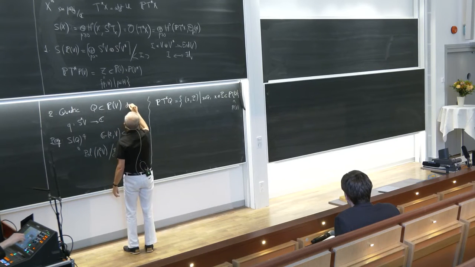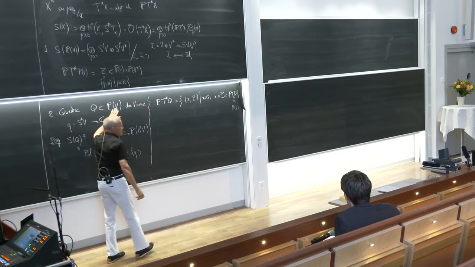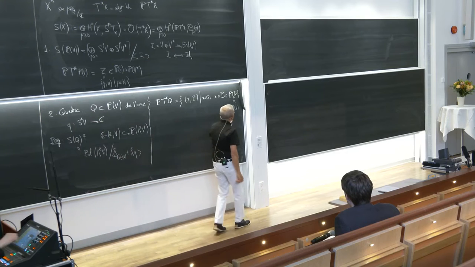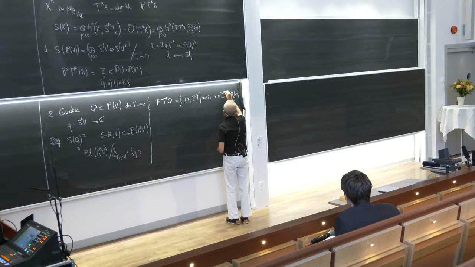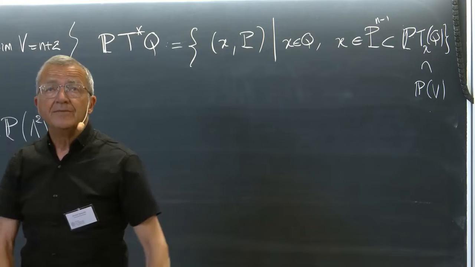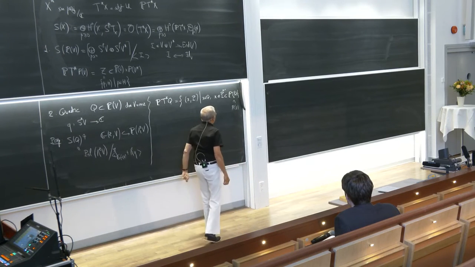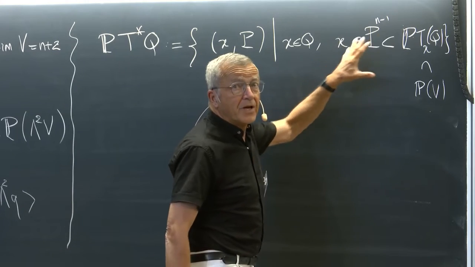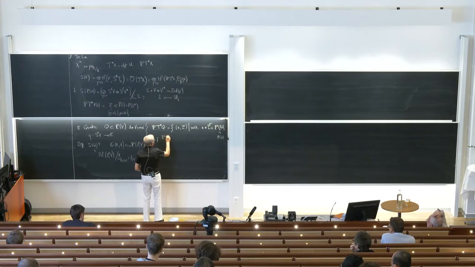Maybe I should put V of dimension n plus 2. So this is of dimension n plus 1. The quadric is of dimension n. So here again, this is of dimension n, and this is P^(n-1), because there are hyperplanes in the projective tangent space. And given this, it's quite natural to consider a kind of Gauss map, gamma, from this, P star Q,